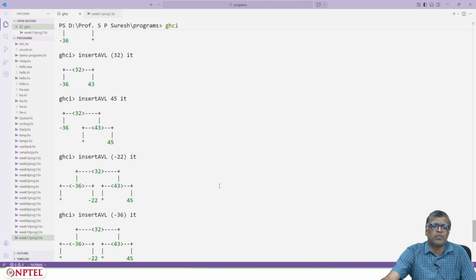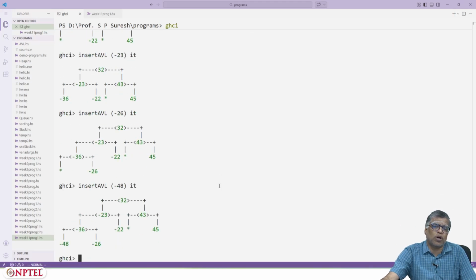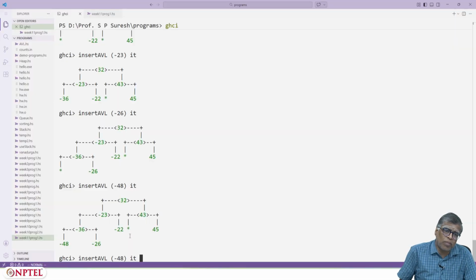After minus 48, it is plus 27. Plus 27 should come to the left of 43. No, plus 27 should come to the left of 32 and to the right of minus 22. So, shouldn't be a problem still. What was the number?